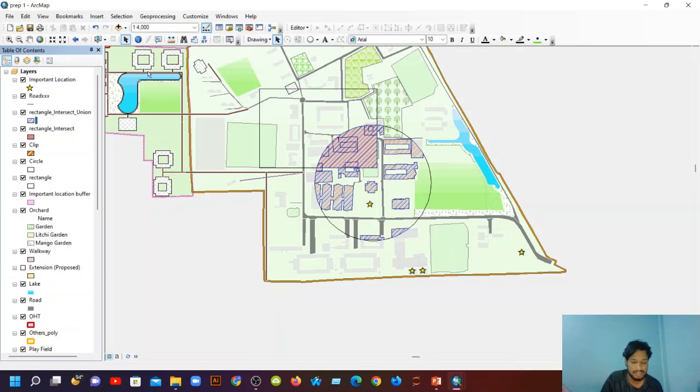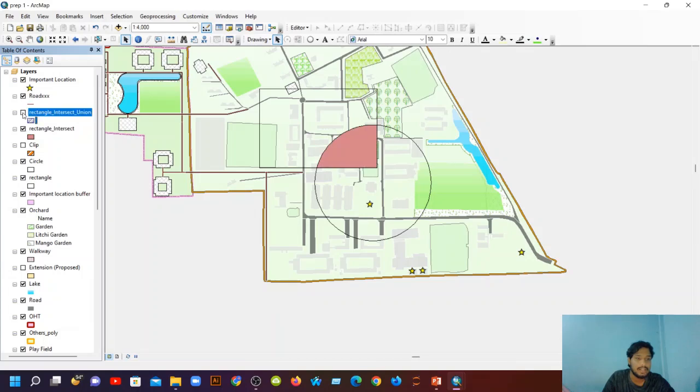The next one is merge. Merge combines multiple input datasets into a single new output dataset and single entity. The tool can combine point, line, or polygon features, classes, tables, etc. If we want to see rectangle intersect and merge,